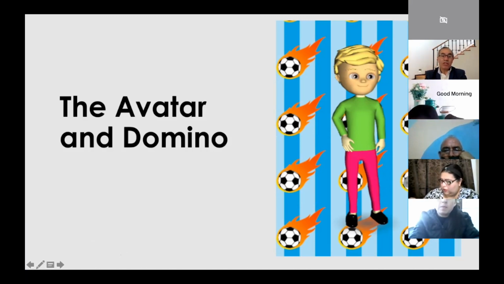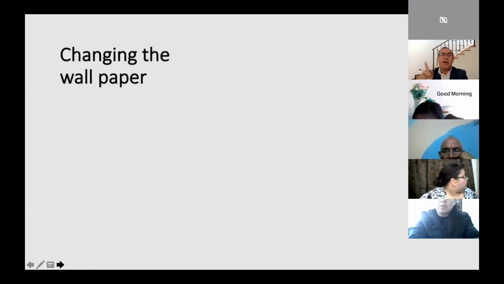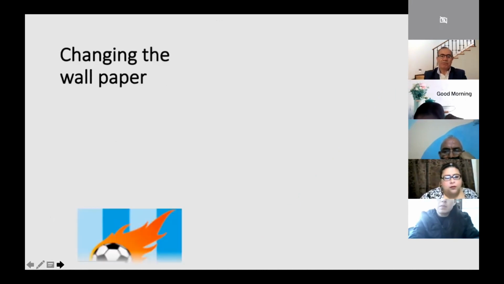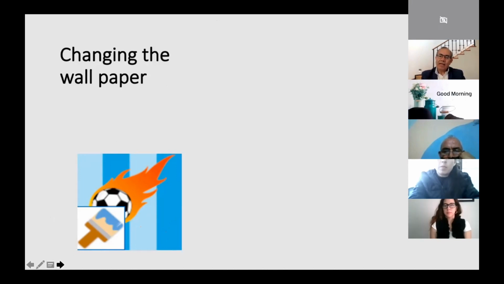So you need to show them how to play around. Si no les gusta con los balones de fútbol, you can change them for green color. There are different colors how they can do that. I'm going to show you in a minute with another account how the students work. So what they can do, they can change the wallpaper. En la esquinita, there is a, ¿cómo se llama? Brush. Paintbrush. A brush.